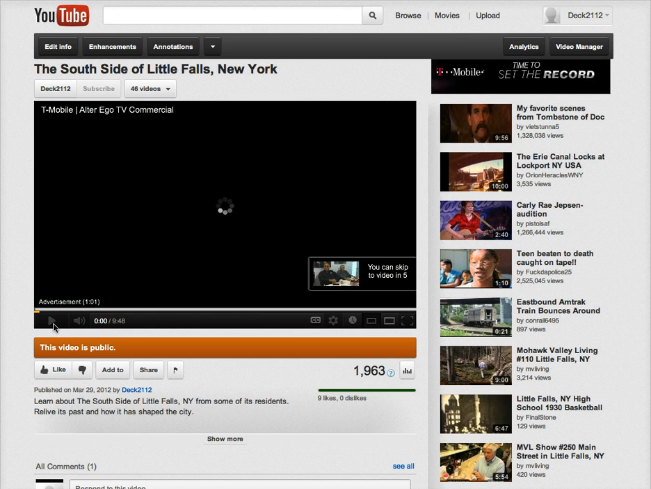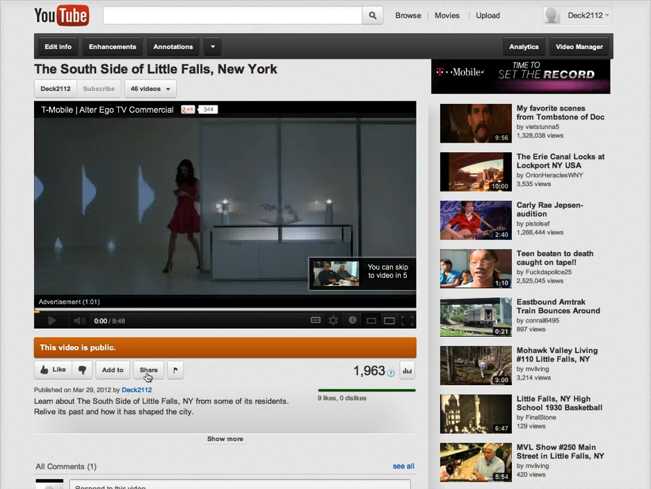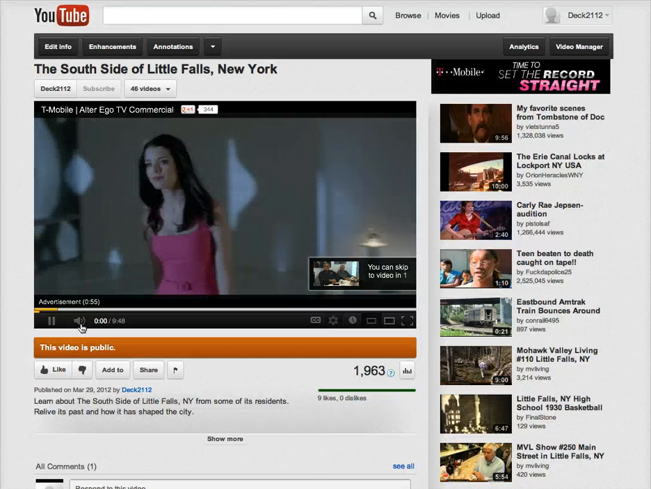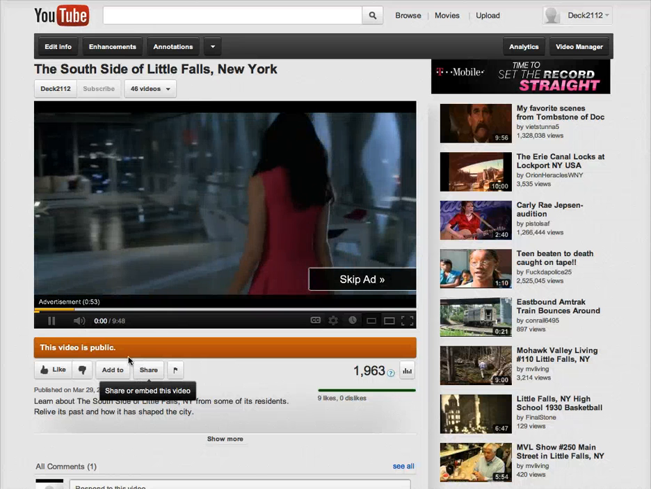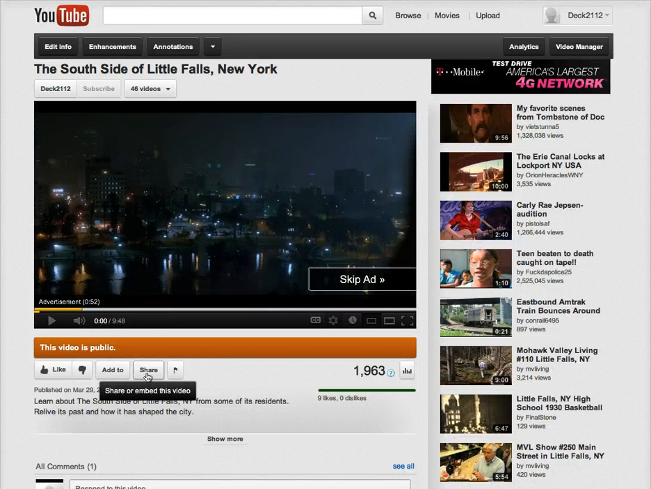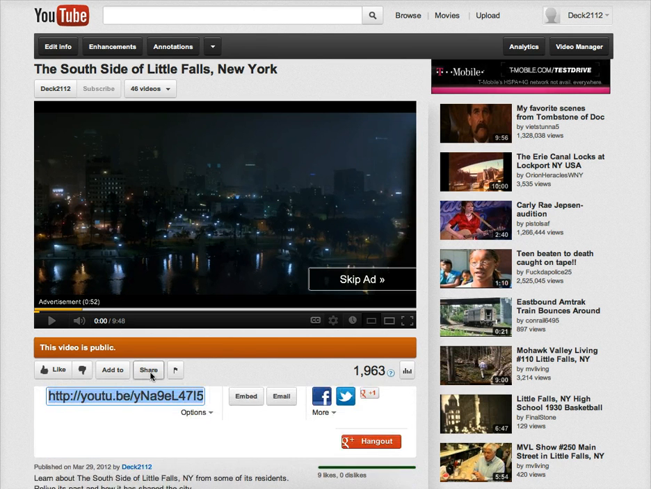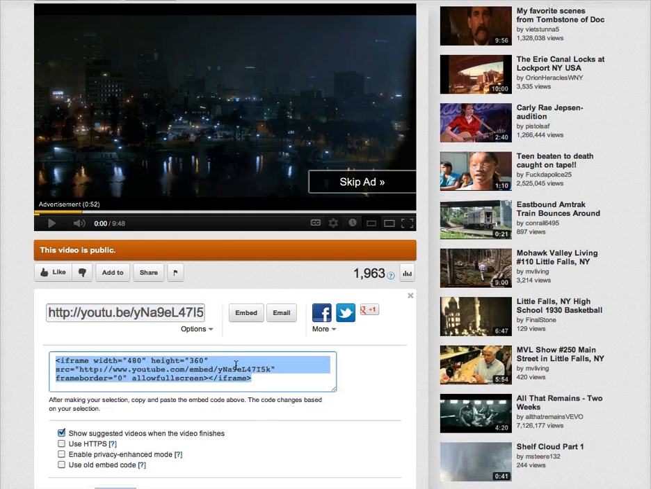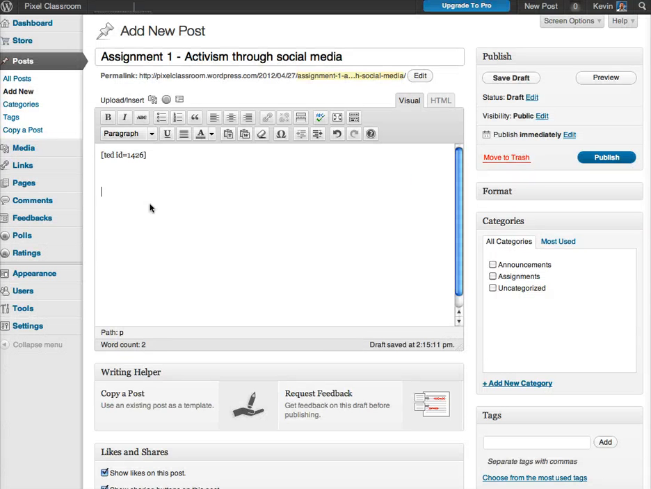Once it comes in, now here your embed code is going to be under the share. So if you mouse over, it says share or embed. So if I click on that, you don't want this link. You want to go to embed. Grab that embed, copy it. Okay. So I had to go to share and then embed, copy that embed code, go back to your post,